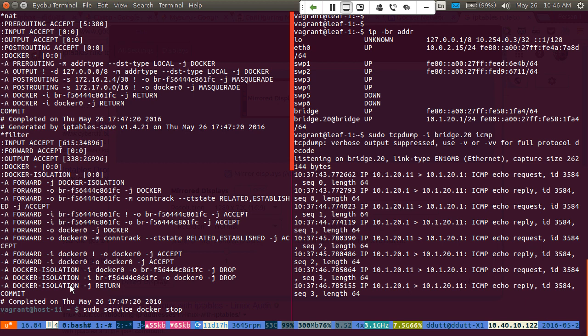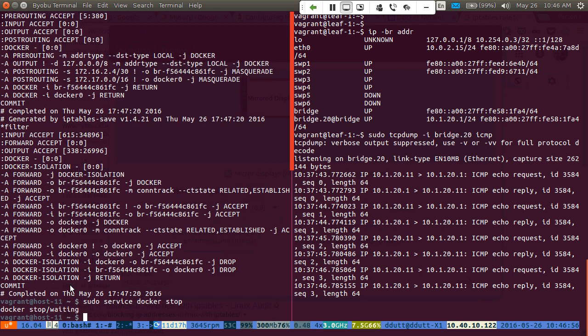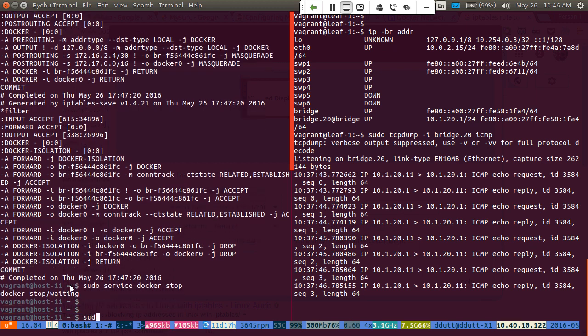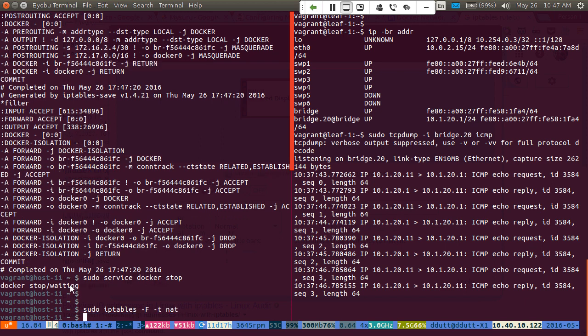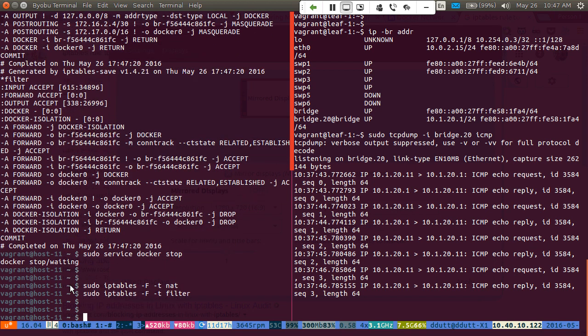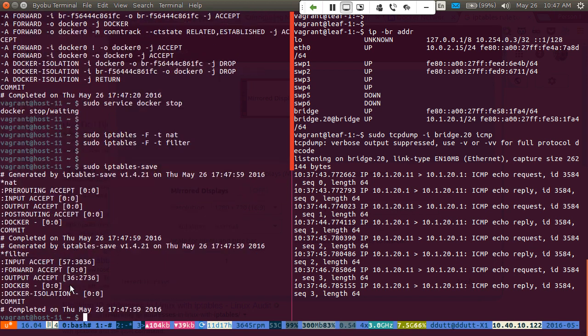Clear up all the IP tables and start the service again with the options turned off. So, sudo iptables --flush -t nat. Turn off, flush all the rules for nat and for filter. And if I do iptables list, show me what's there, you see that there is nothing there. Perfect. Now let me start Docker as a service again.